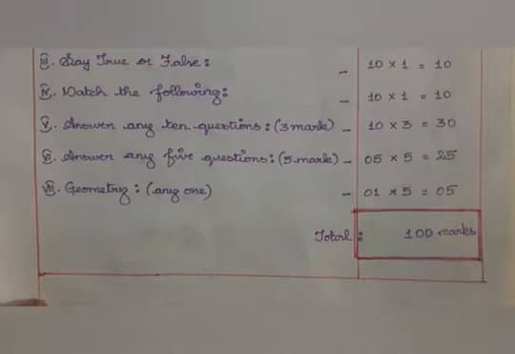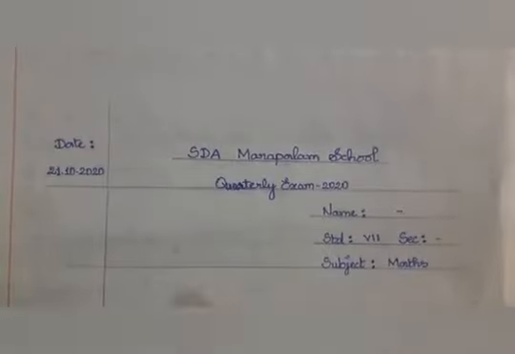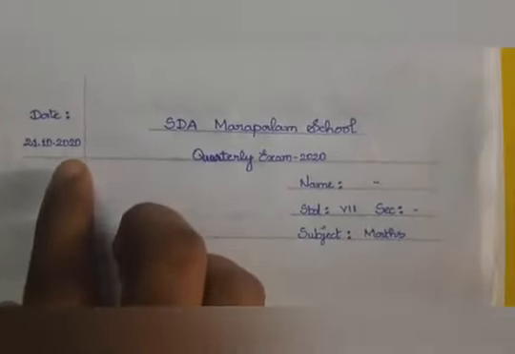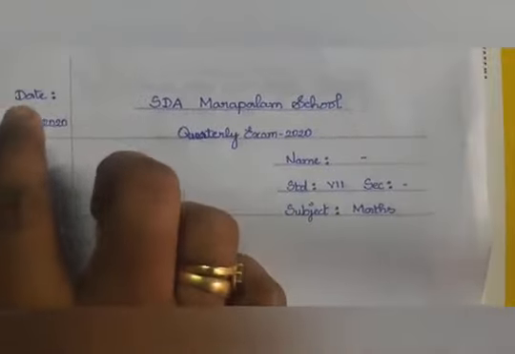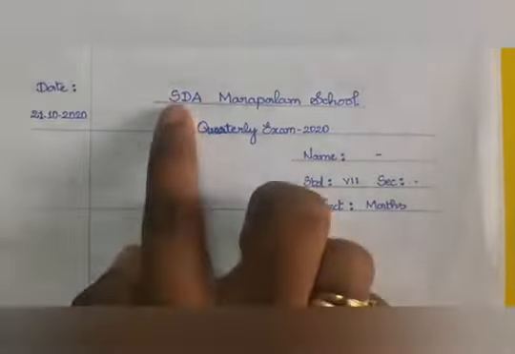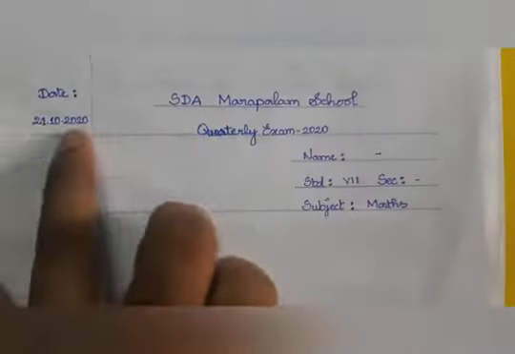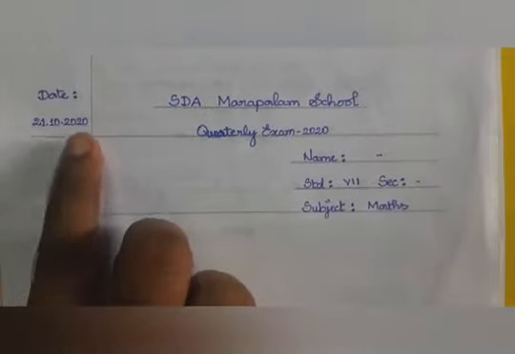Clear? So students, when you use your unruled paper, just draw the margin. Margin is important. You have to draw the margin. At the top also, draw the margin. Here also put one line and here also put one line. In the first line you write STA Marapalam School quarterly exam 2020. At the corner write the date 21/10/2020,